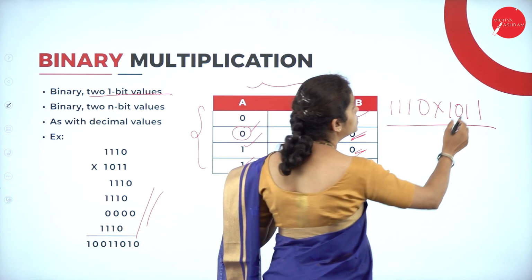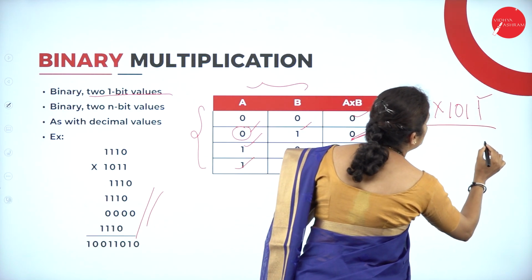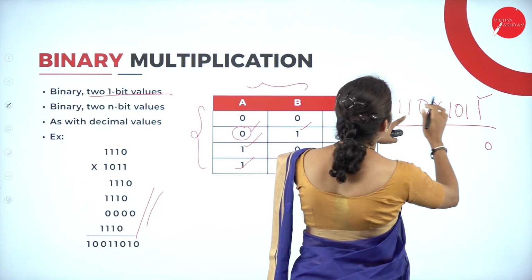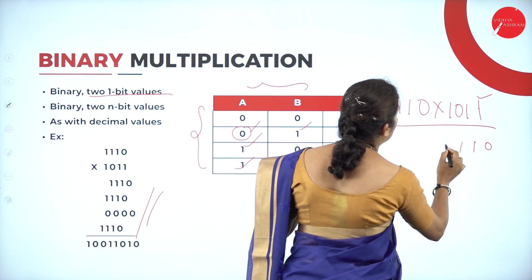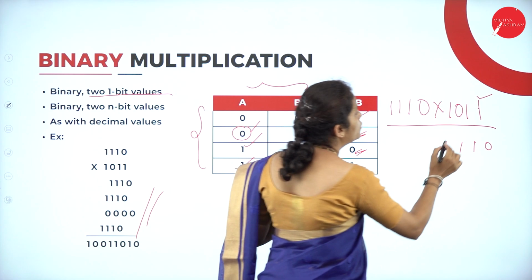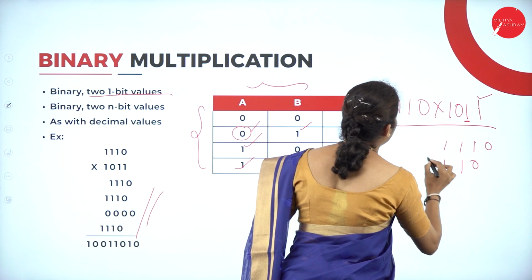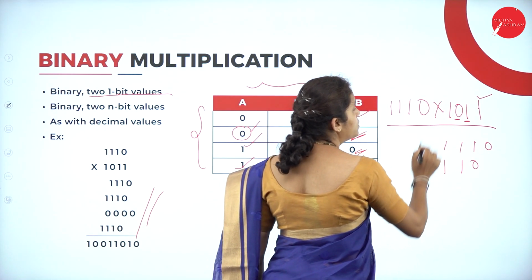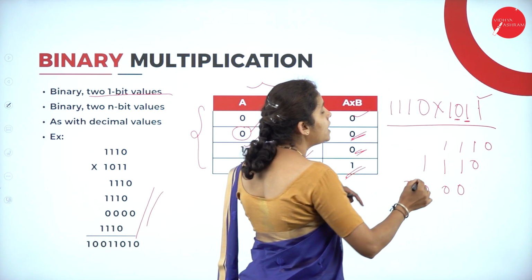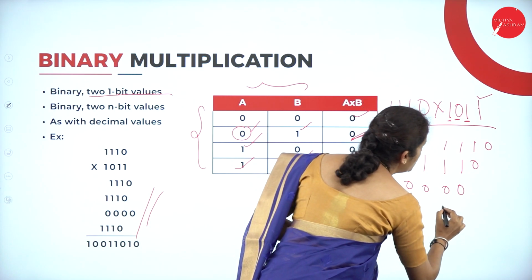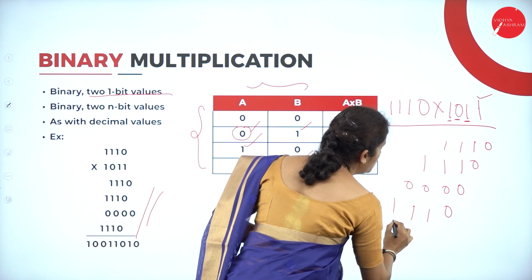This is the example. So I have 1. So 1 into 0, it is 0. 1 into 1, it is 1. 1 into 1, 1. 1 into 1, 1. Now, I'm going to consider the next bit. I have 0, 1, 1, 1. Now, I have 0, so all are 0. Now, I have 1. 1 into 0, it is 0. 1 into 1, 1 into 1 and 1 into 1.